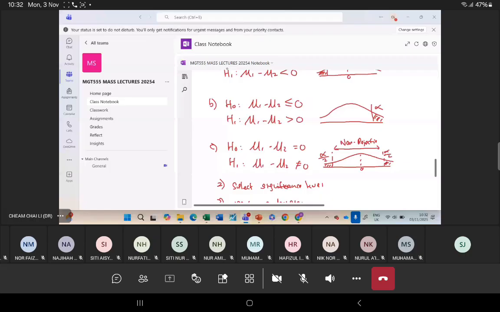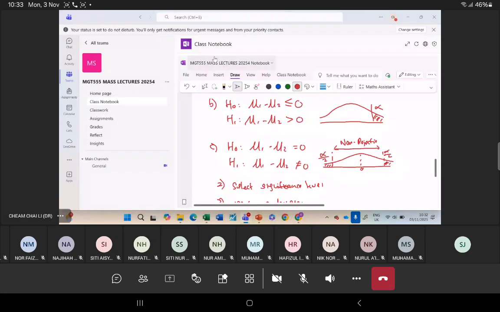Okay, the third scenario, so you have mu1 equals mu2. Alternative hypothesis, mu1 not equal to mu2. Yeah. So let's use the first format to write the hypothesis testing. Okay, now let's move on to the